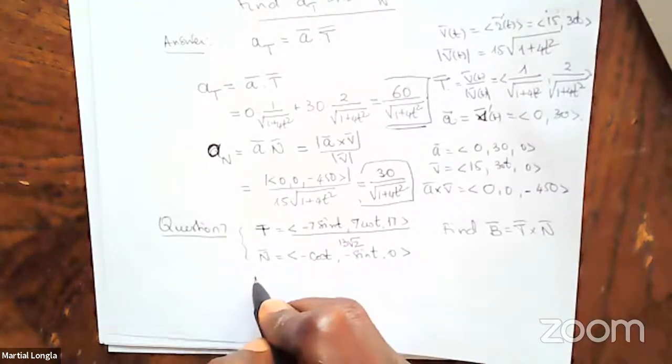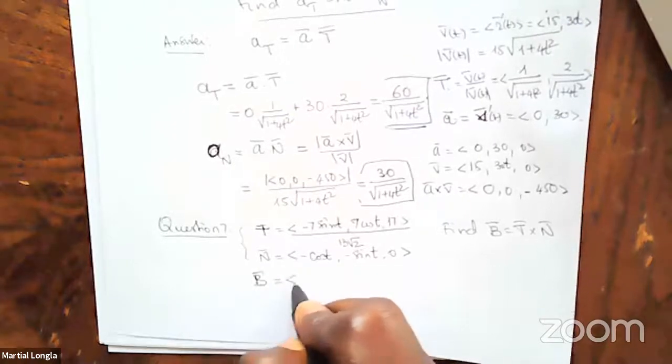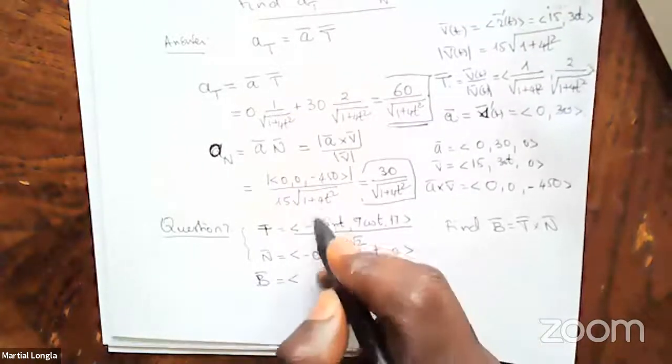So T, this gives you B equal, you cover this and you get that. So it's going to be